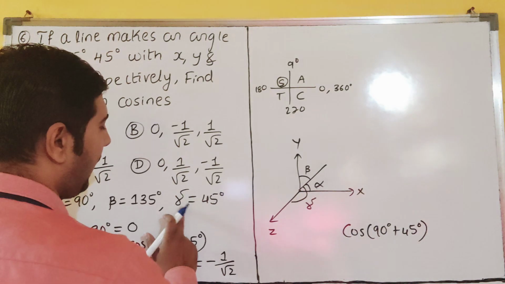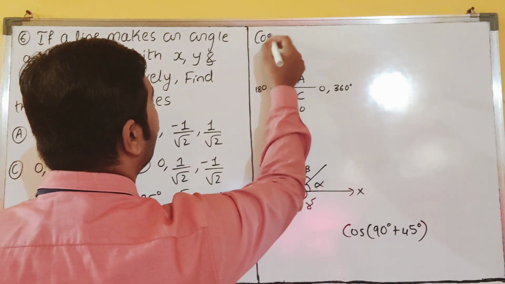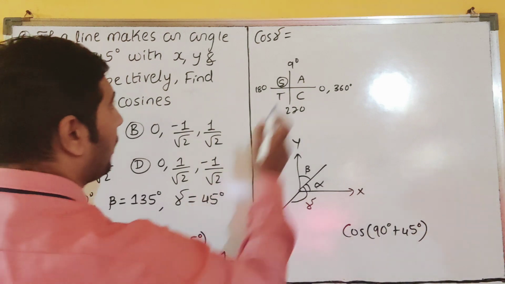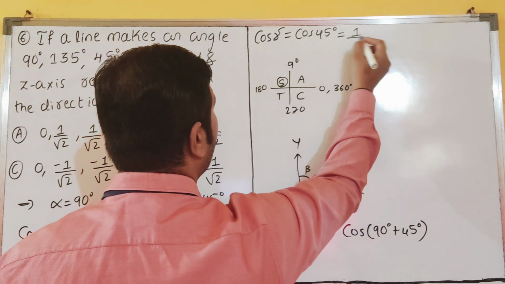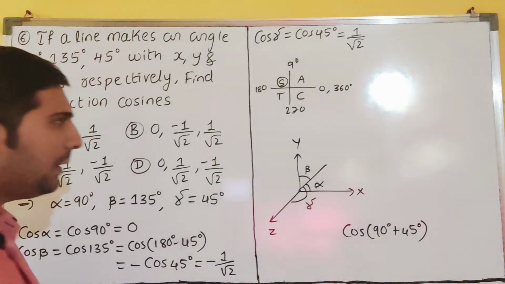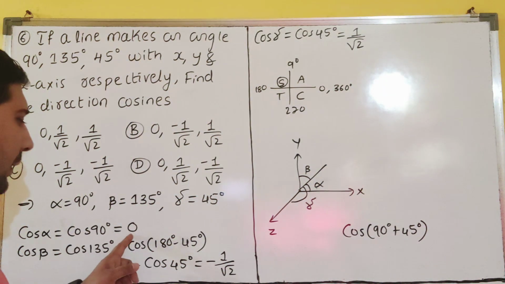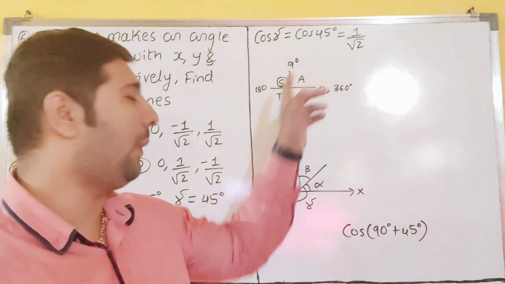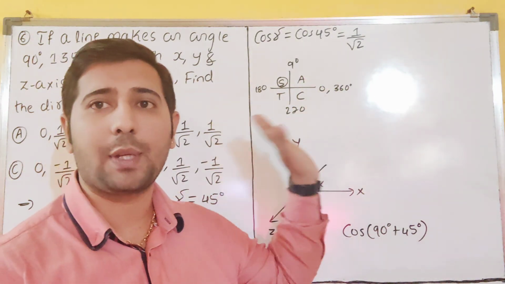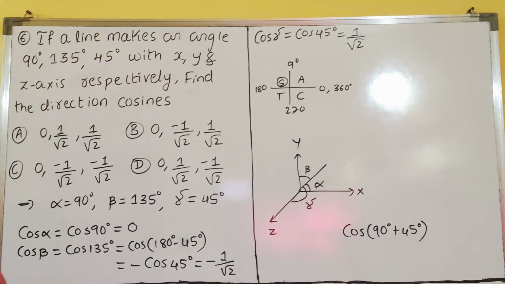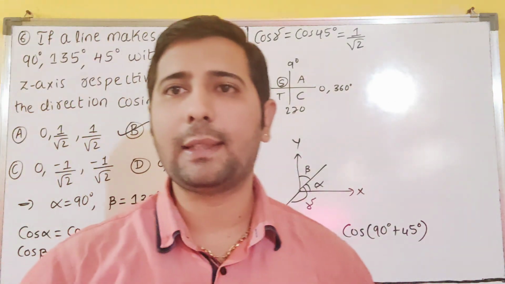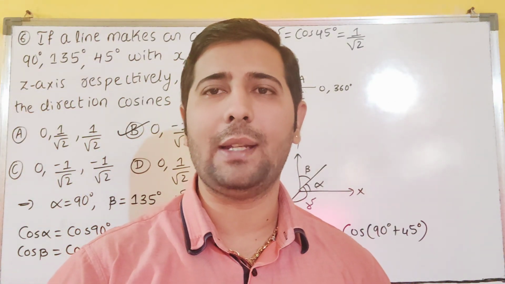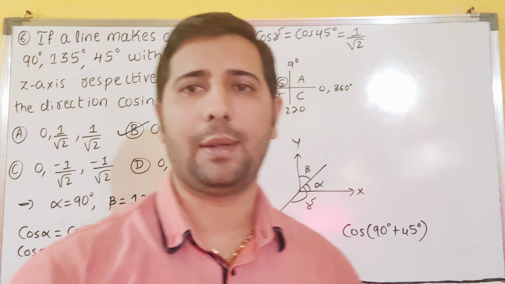So next, apply for this also, cos gamma. So cos gamma is what? Gamma is 45 degrees, so applying cos on both sides, cos 45 is how much? 1 by root 2. Then our option is matching with what? 0, minus 1 by 2, 1 by root 2, 1 by root 2. Which option will match? You observe here. It is matching with our option: 0, minus 1 by 2, 1 by root 2. That is matching with B. So B is our answer, dear students. I hope it is clear, everyone. So please copy this. We will see the next question.